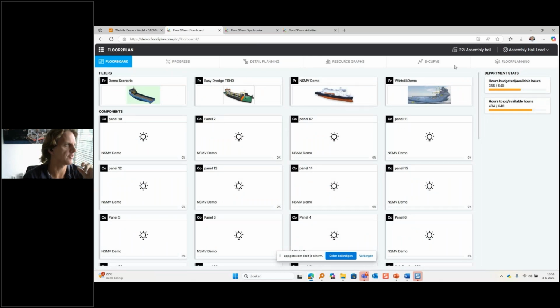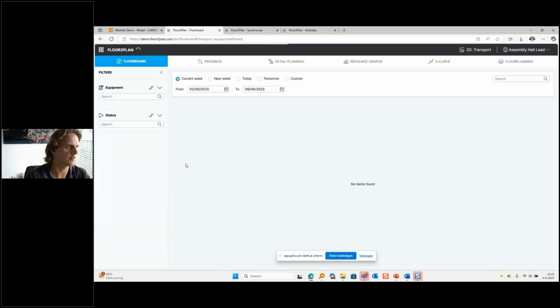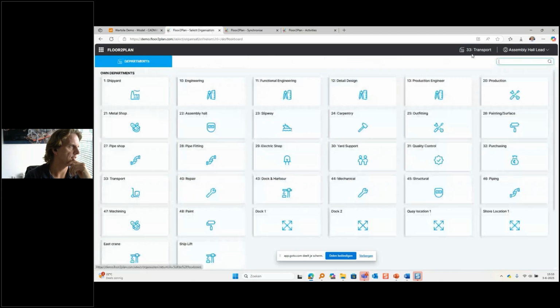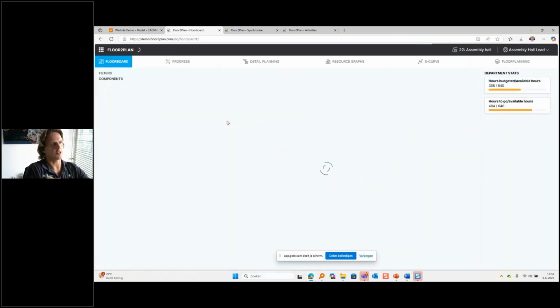I can also take a look at a different department. Let's say you are expecting certain transport to be picking up your hull block to move to a different location or to move to the paint shop. Then you can take a look here at the transport department and see, for instance, what they have going on this particular day. But for the example's sake, I'm now interested in the assembly hall, and the assembly hall has